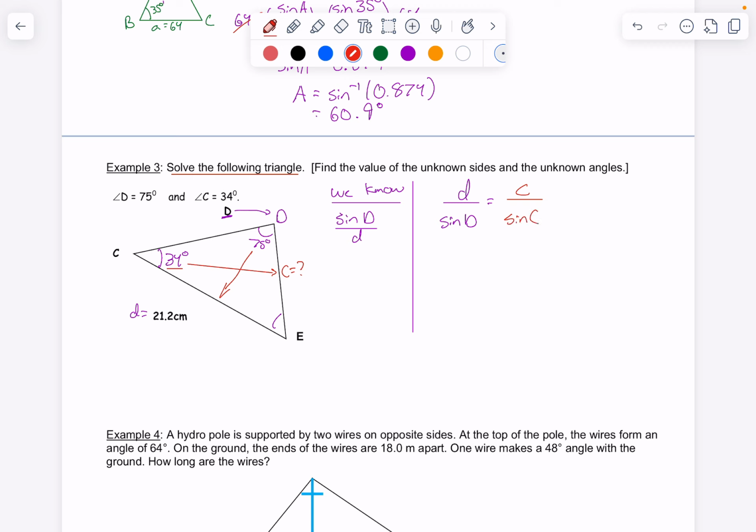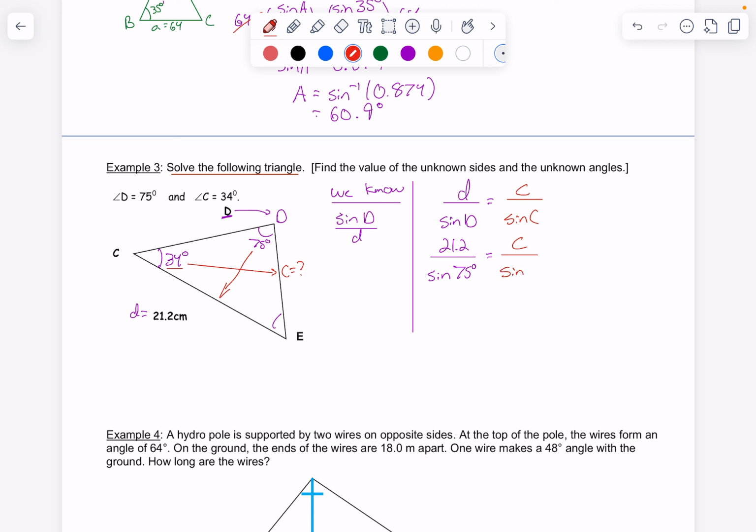All right, fill in the blanks. So we have a little d, that is 21.2. We have angle d, so that's sine 75. And we set that equal to little c, which we don't know, and we divide that by sine angle c,